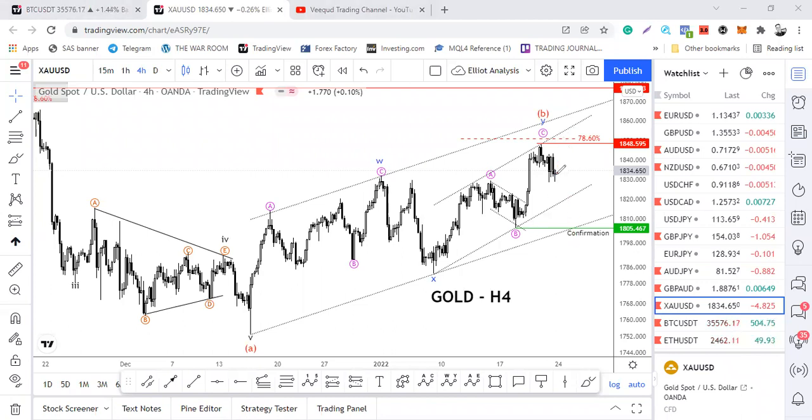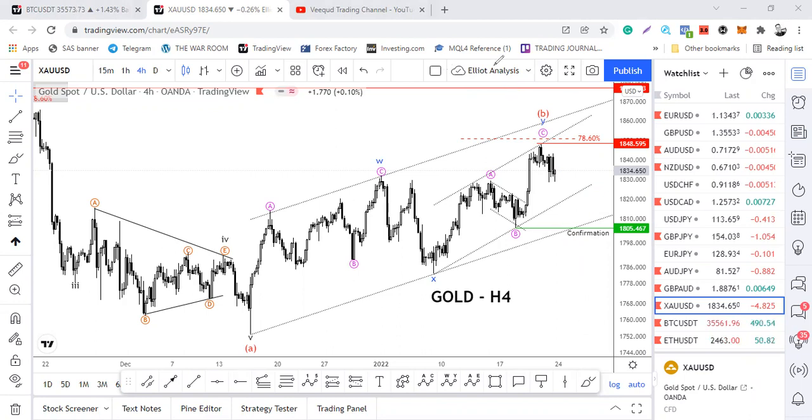So in this situation, I have to be patient and wait for a clear move that will break this low below right here to confirm that, okay, the bears have resumed, and then we start looking for a corrective structure to short sell this pair. So any further rally on gold must not exceed this major invalidation level. This short-term invalidation level might get invalidated, all right, if price goes above it, but it doesn't invalidate the major bearish idea that the market will move lower. So unless we see the breach of this key level right here,